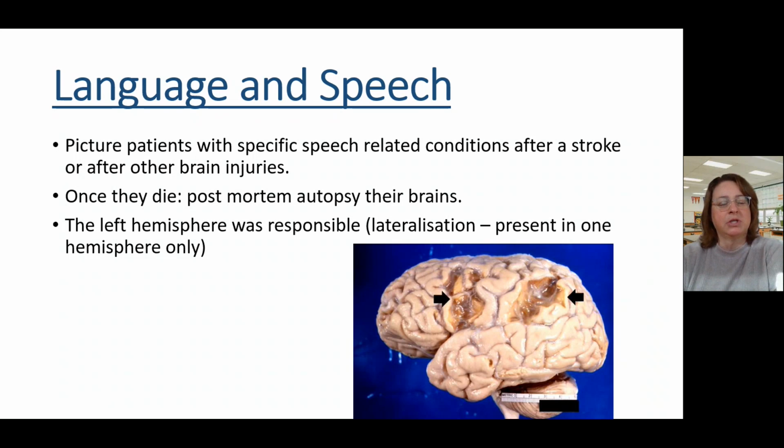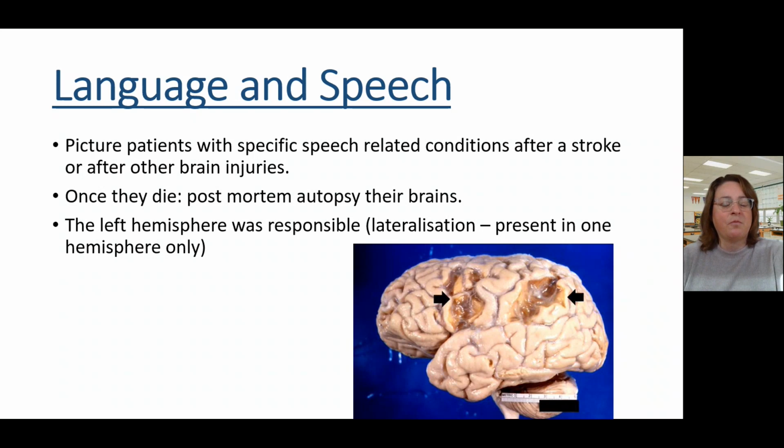If you've got a patient who had a stroke and after the stroke developed very specific speech-related conditions. So, I mean, I've mentioned the word salad earlier on. You could have difficulties forming the word, you could have difficulties expressing it, interpreting it. Some patients are able to write perfectly, but just the words don't come out. So from the symptoms and the very specific displays of behavior that these patients have, you can kind of keep